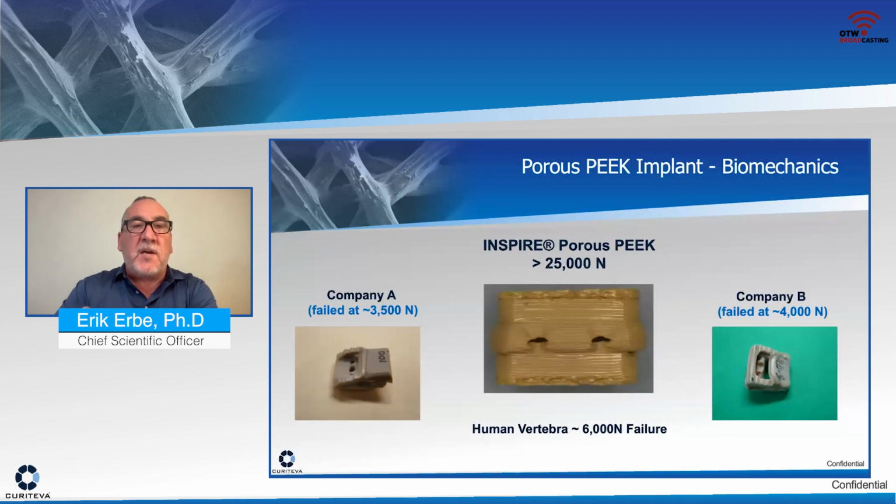Compared to traditional PEEK, and in defense of them, they have very large graft windows and perhaps not the engineered lattice structure that we do. But a lot of these implants will fail at a fraction of the load that we failed at. And they fail catastrophically, meaning they completely buckle. And that's certainly something you wouldn't want to see. Not that that happens frequently, but we're significantly higher than that, given the human vertebra can withstand up to 6,000